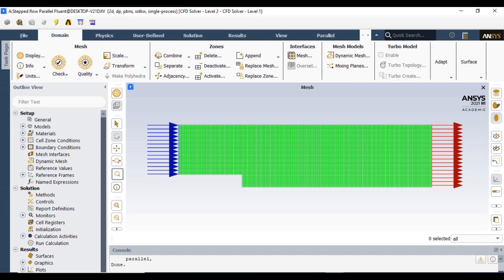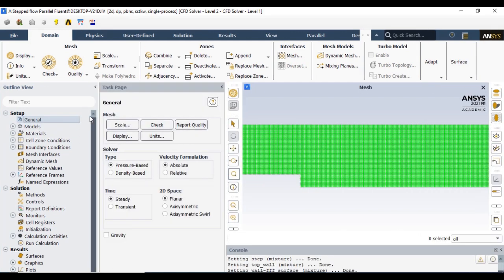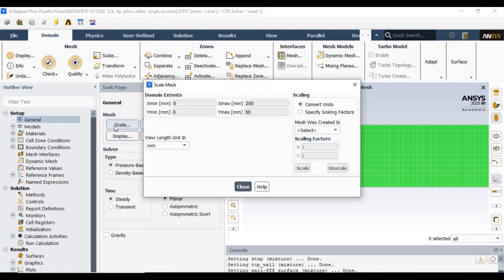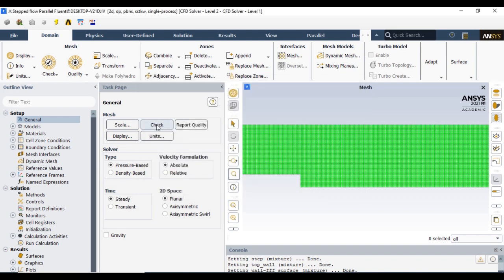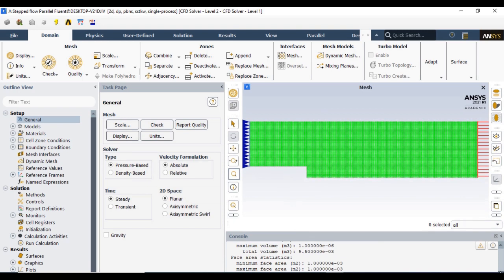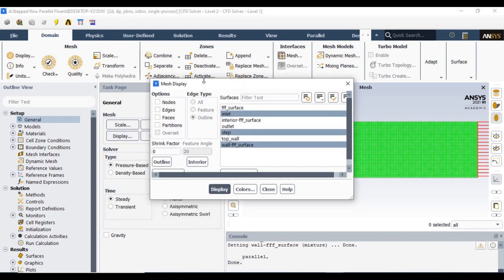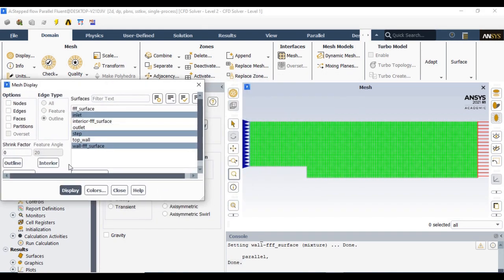Now this mesh file I had transferred into Fluent, where first you have to set the general settings, where you can decide your dimension units. I am considering the millimeter scale, and then you have to check the mesh, and in the console this mesh check should be done. This message is important. Now you can visualize the boundaries which you had imported in Fluent.